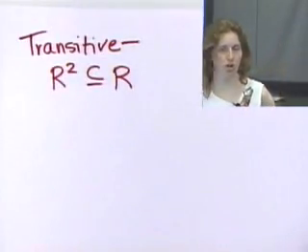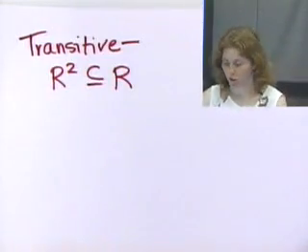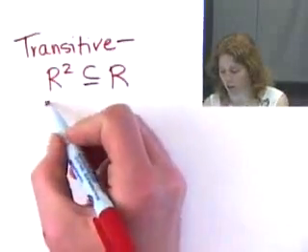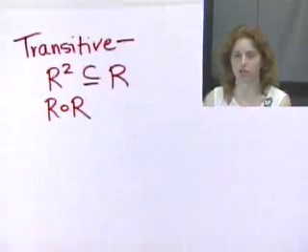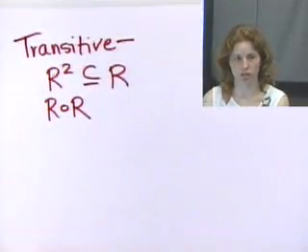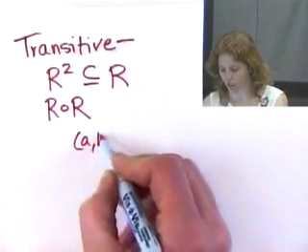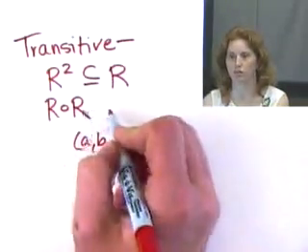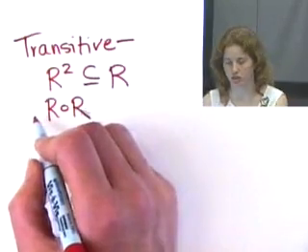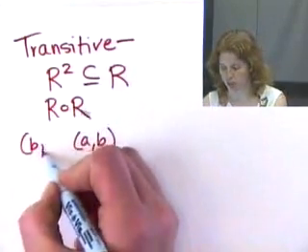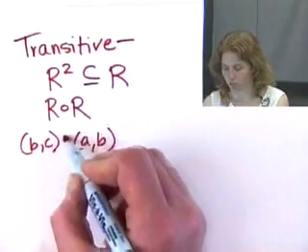So this is one definition of transitive: R squared is a subset of R. Because R squared was, if I take a relation and compose it with another relation, then if AB is in the first one, and remember we have to go from right to left for these, and BC is in there, then when I compose,